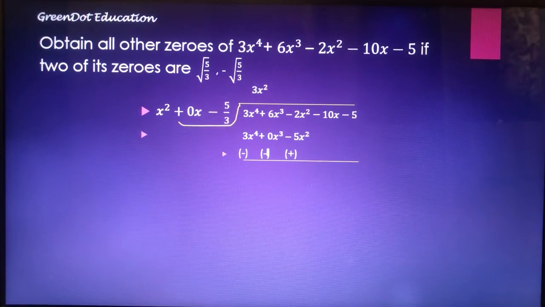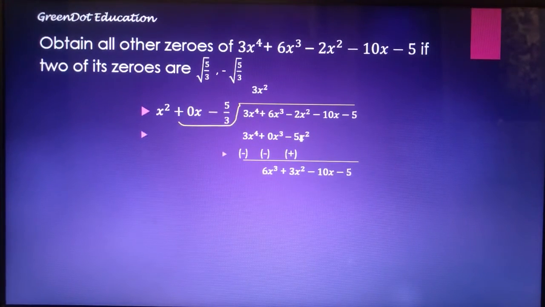Here plus and minus, but 0, anything added to 0 will always give us that same number, that is 6x cube, plus or minus 0x cube will give us 6x cube. And here in the last term of this dividend we have minus 2x square plus 5x square. Minus plus will give us minus, so we have to subtract 2 from 5, we get 3, but with the sign of the